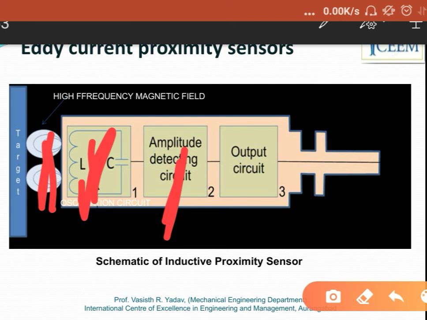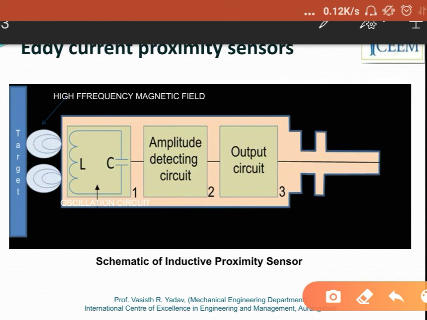The construction is such that an eddy current proximity switch is shown. Now suppose that we have an object, and this object is a non-magnetic but conductive material. So this target is nothing but your object, and remember this object is a non-magnetic but conductive one.